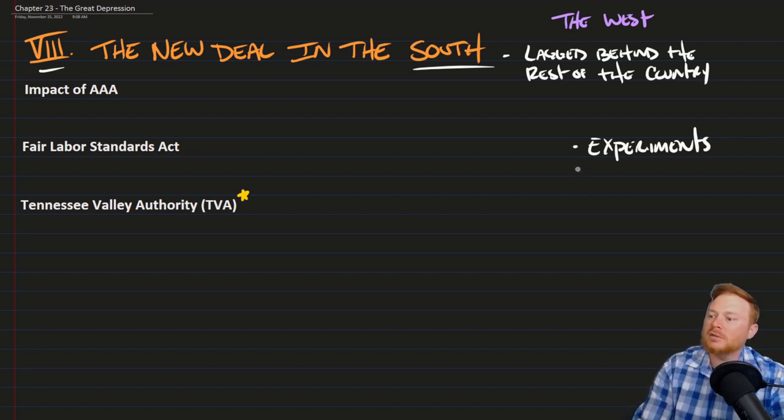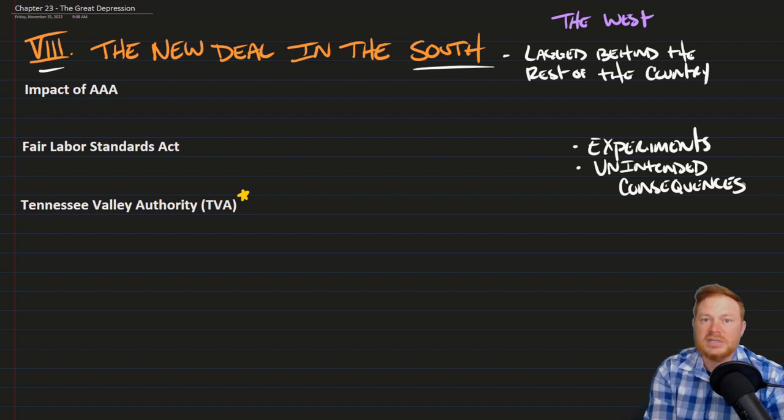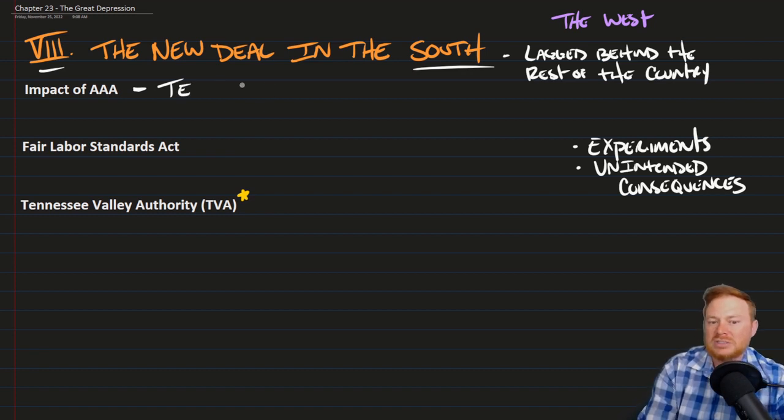And the AAA is a perfect example of not just the experimental nature of some of these reforms, but also some of the unintended consequences. Because the AAA actually had some consequences that hurt people in the South as opposed to other sections of the country. So recall that the AAA was designed to limit the production of farmers. So farmers wouldn't be producing as much. Well, what this meant was that for tenant farmers, so a tenant farmer is somebody who farms on someone else's land,